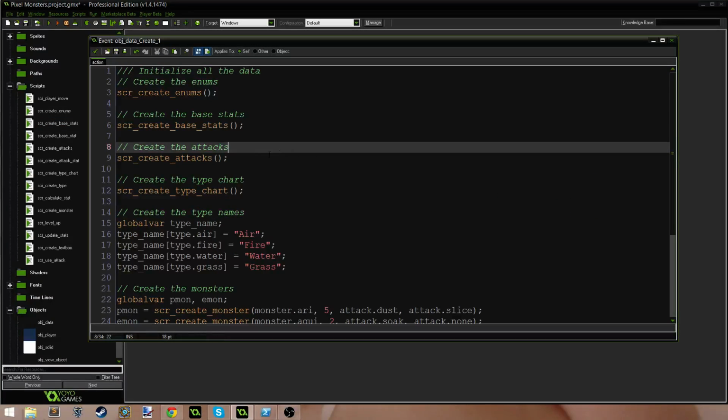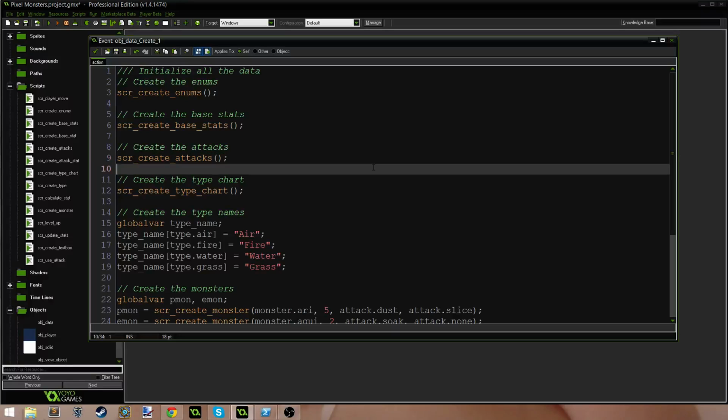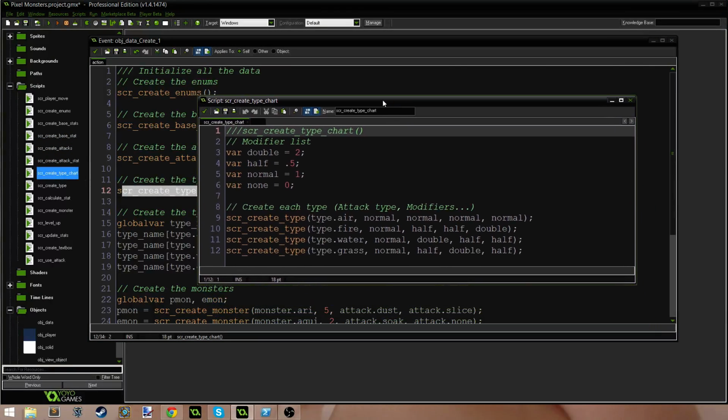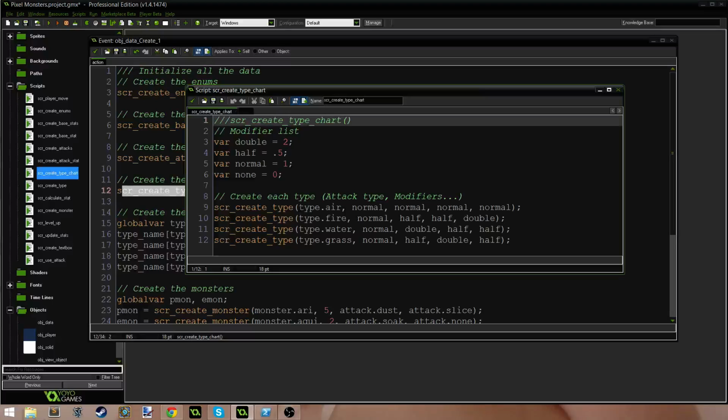Now you can create your attacks here, and I already kind of showed you that, where it showed the power for each attack. We create the type chart, and that's pretty simple too. I'll show you that. Create type chart. So you run this script and you just pass it the attack type, and then whatever type you're attacking. So currently we've got, if the attack's a fire type attack, then